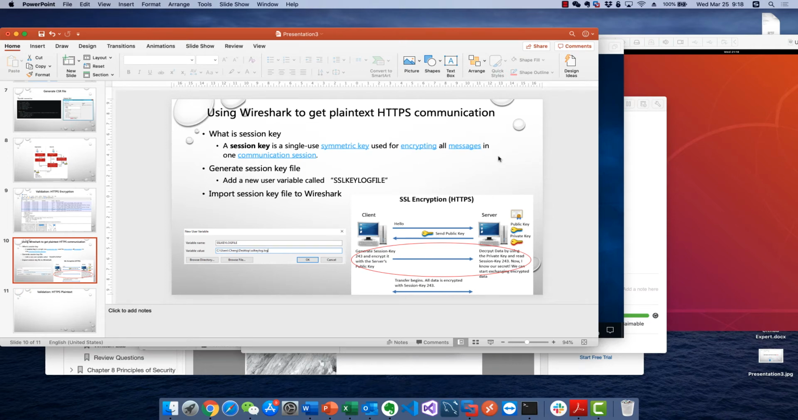Okay, welcome back. This is the last part, using Wireshark to get plain text HTTPS communication. From our previous demo, we know that the communication over HTTPS will be encrypted by the certificate. As this flow chart shows, here is the explanation of the whole process of SSL encryption,